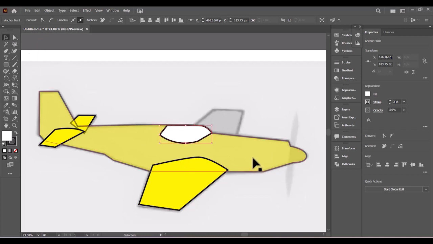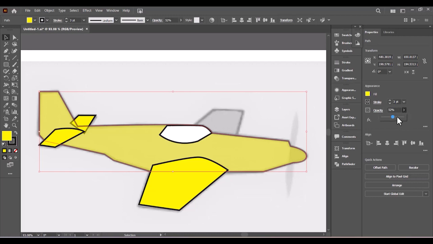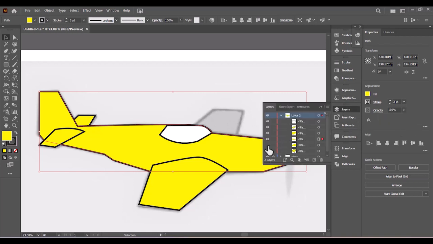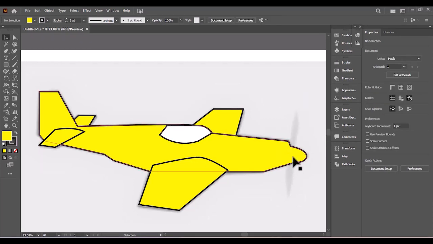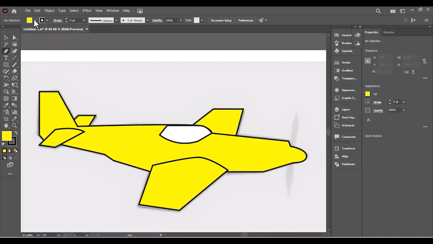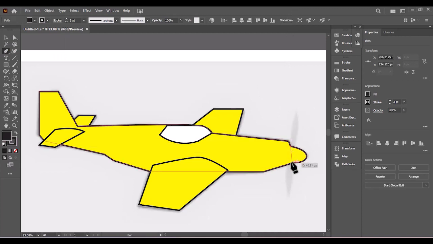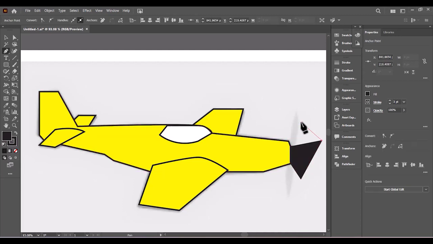So we go back and select the body of the plane and then increase the opacity. And we go into the layers panel and unhide the wing on the other side. The nose around the propeller is supposed to be black, so I'll pick the pen tool once again, ensure that my fill is black, and just draw, make something like this,